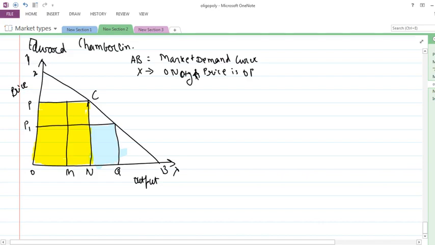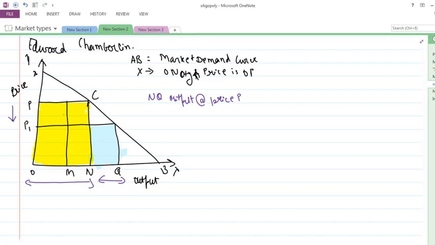Now what happens is it also tries to produce at the same price. Okay, NQ level of output वो बनाता है, NQ output at price P. Now ON से लेके अब NQ तक फिर से output बढ़ गया. Due to that, what happens is that the price comes down to P1 level. Okay, P1 level पे price आ जाता है.